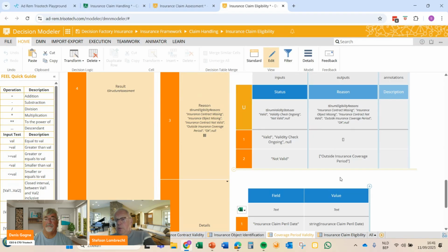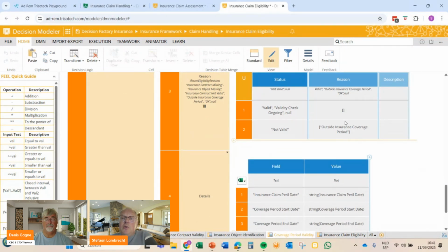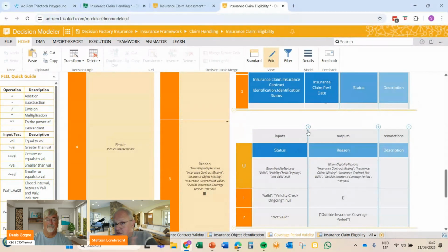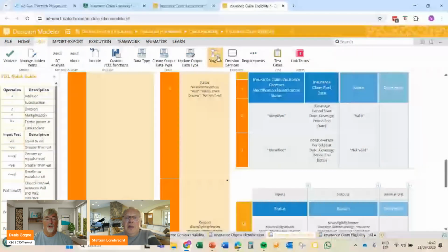And then if you build, for instance, a user interface in a form, then you could display, okay, your claim is outside the insurance coverage period, and this is the reason why it is. And if everything is valid, okay, you don't really need to further elaborate on it.